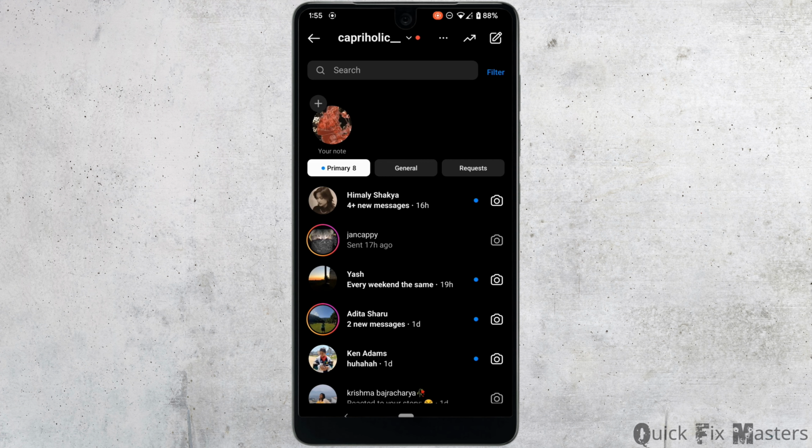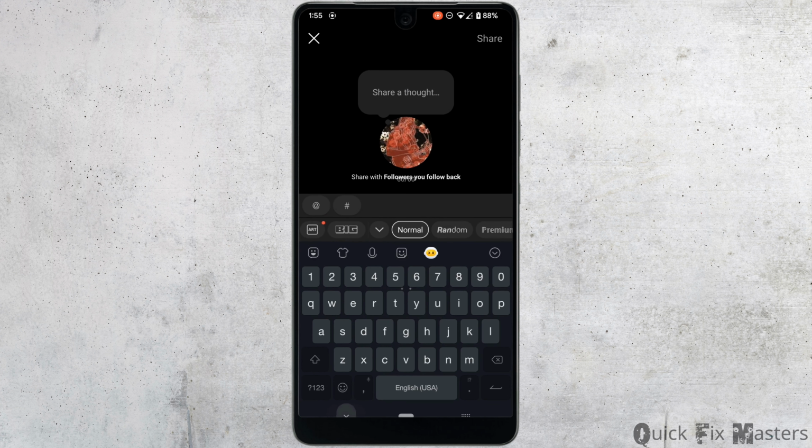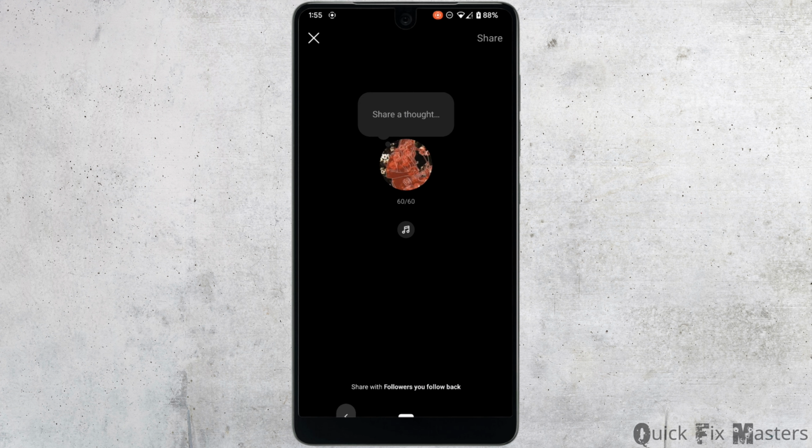Swipe left and head over to your inbox section. Right here at the top left, you will get to see the option of your note. Tap on it. In this section, you will be able to share your thoughts to the people that you are connected on Instagram. But if this feature is not showing up on your account, then what you want to do